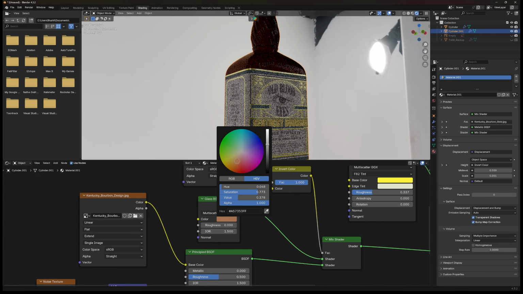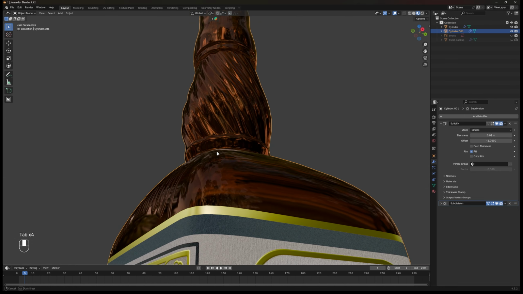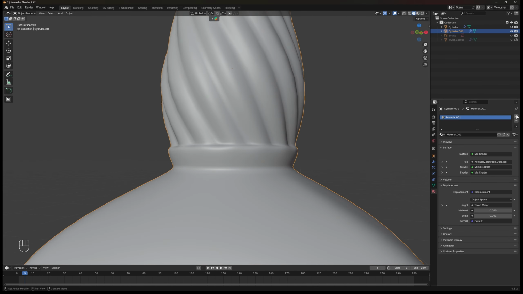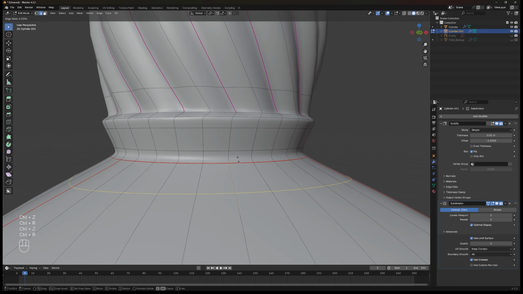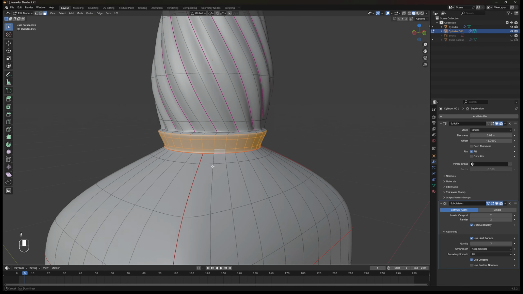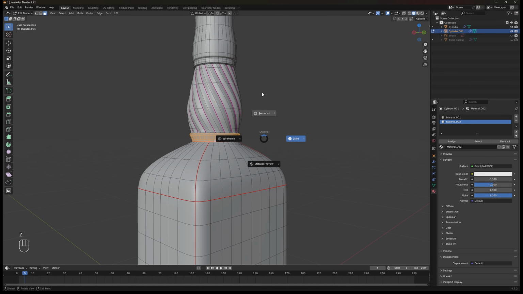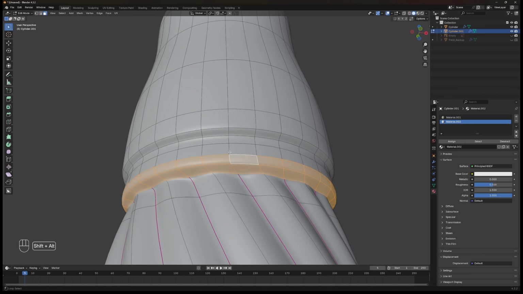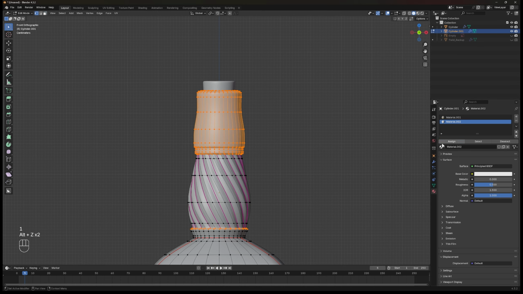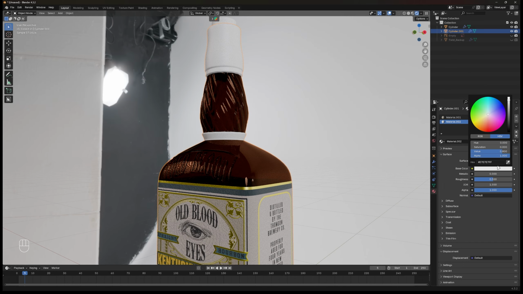Back to layout and time for finishing. On the material of the bottle, add a new material layer by clicking this plus icon on the corner. Then add more loop cuts here on the bottleneck. Select the loop face on the neck and click new to create a new material, then click assign. Assign another face loop on the top of the bottle here, just follow me along. On the base color, change the color to deep green by using the eyedropper tool here.